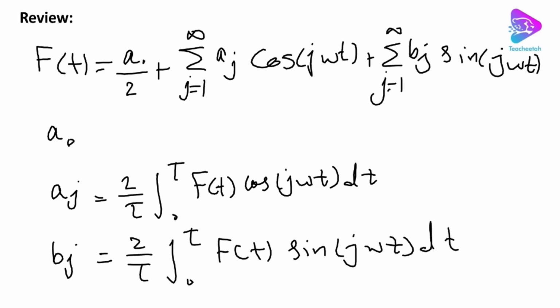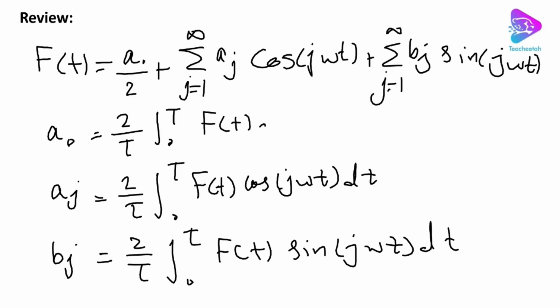And for a naught, it's even easier. You can simply find it by taking the integral of F(t). A naught is equal to 2 over tau, integral from 0 to tau of